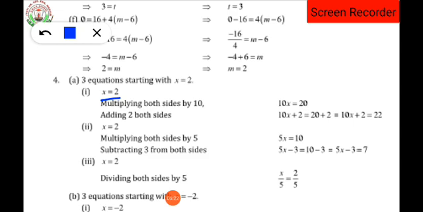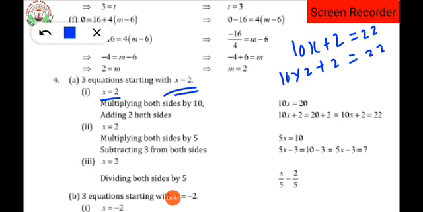Okay, thing is that while putting the value of x is equals to 2, the LHS and RHS जो है वो आंसर सेम आना चाहिए. सपोज हमारे पास इक्वेशन है 10x plus 2 is equals to 22. We are having this equation. Now x की जगह पर क्या पुट करना है? x is equals to 2 पुट करना है. So when 10 into 2 plus 2 is equals to 22. So 10 into 2 is 20. 20 plus 2 is 22. So here you can see that both side LHS and RHS are coming same. यहाँ पर LHS RHS सेम आ रहे हैं.